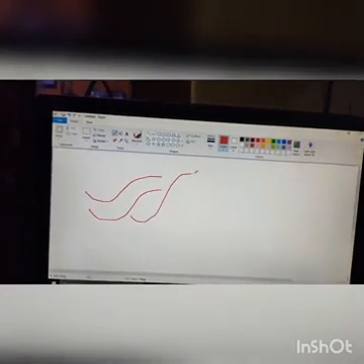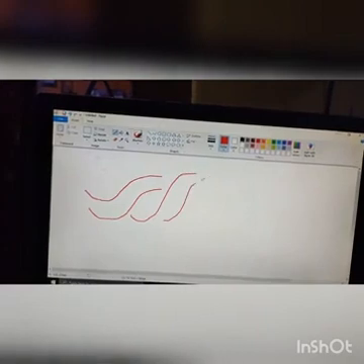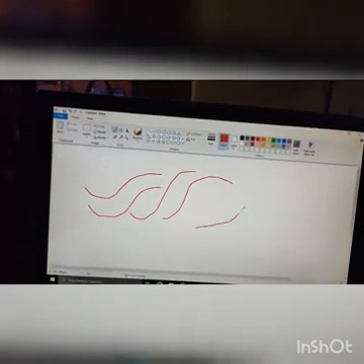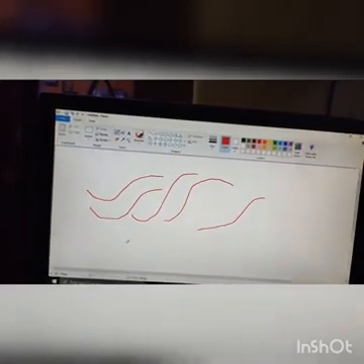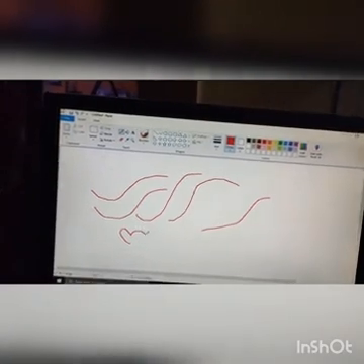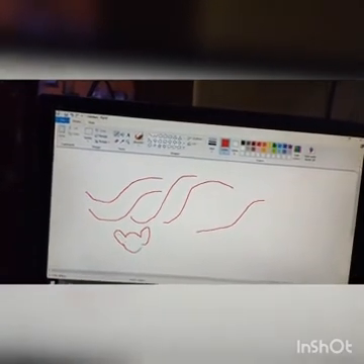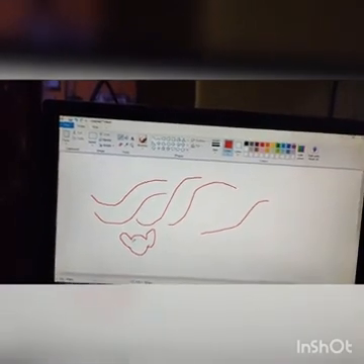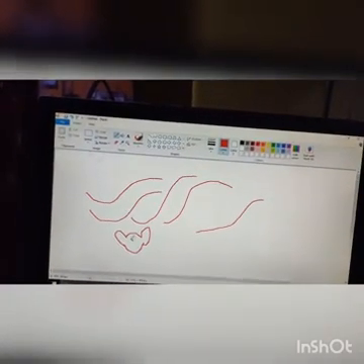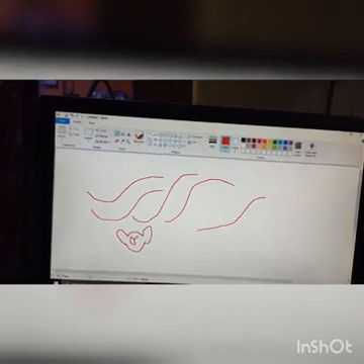So with the help of the pencil we can draw freehand. We can draw freehand drawing, anything like this we can draw using the pencil tool. Okay, next comes, I am drawing something.